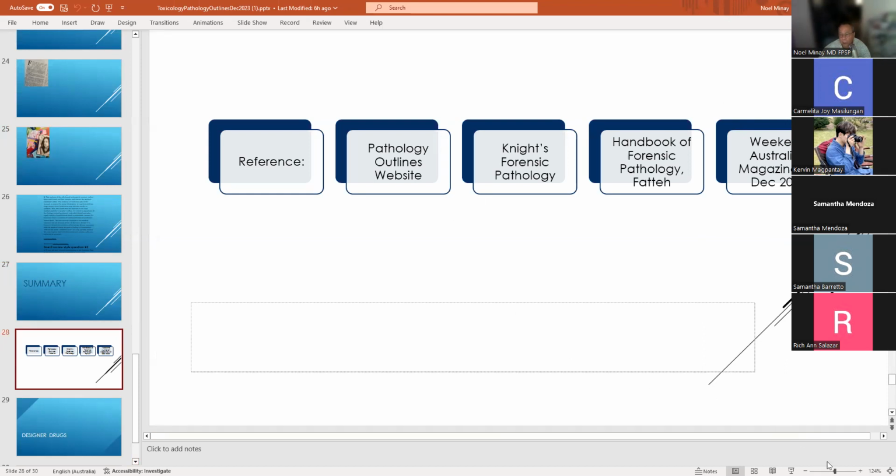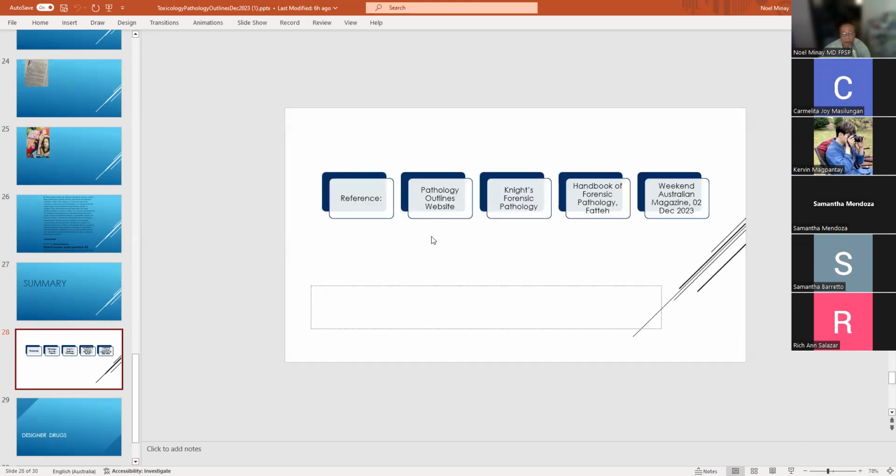And these are the references I use. Pathology Outlines website, Knight's Forensic Pathology, Handbook of Forensic Pathology, Weekend Australia magazine last week,